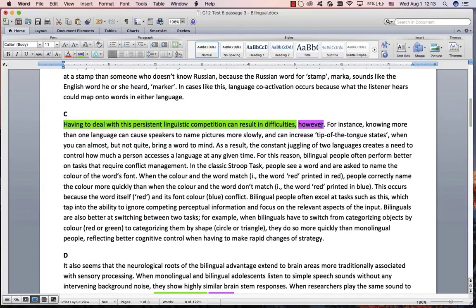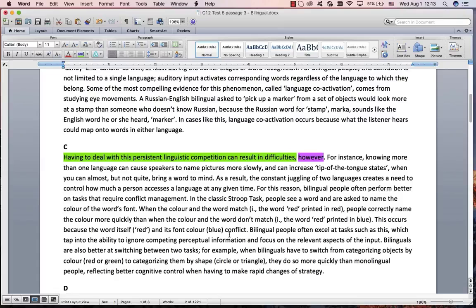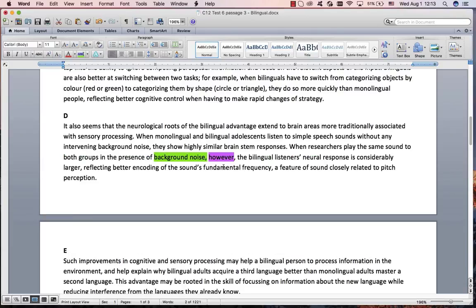This one, the however, is at the end of the sentence. Remember, it doesn't matter. It can be at the beginning of the sentence or at the end of the sentence. And that was a very important keyword just before the however, because you wanted to match that word difficulties with this phrase negative consequences. So if you were scanning for negative consequences, you would see a however, and then you would look around the however to see is there anything there that's important. Similar thing, the however came after the important information.